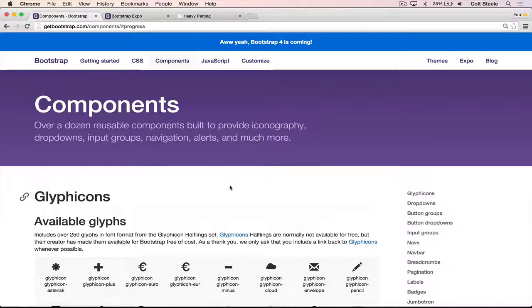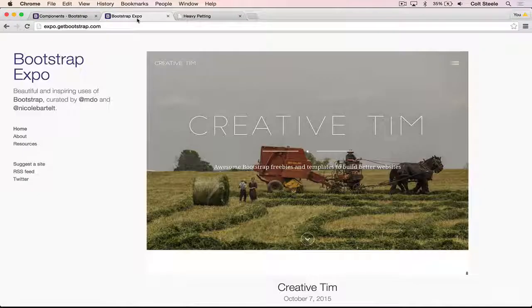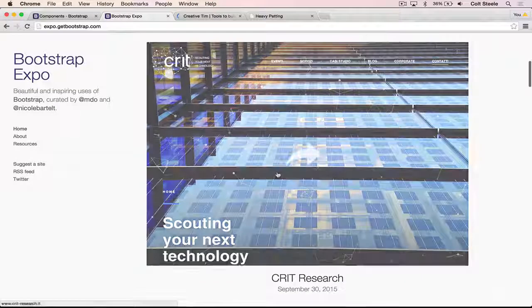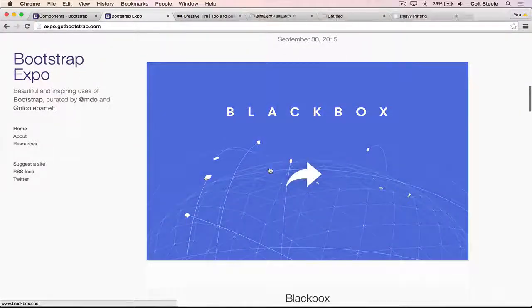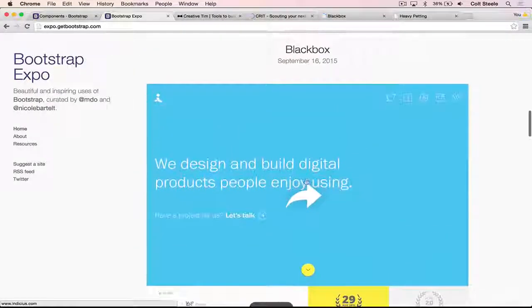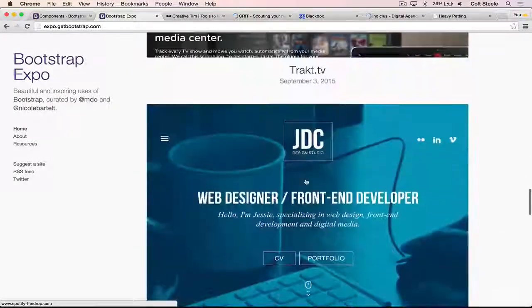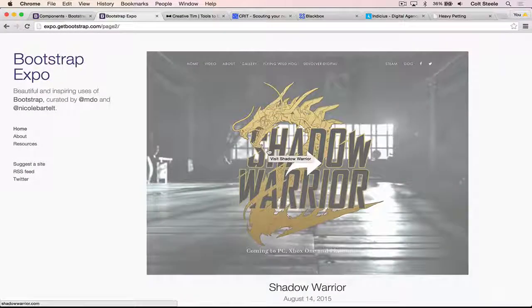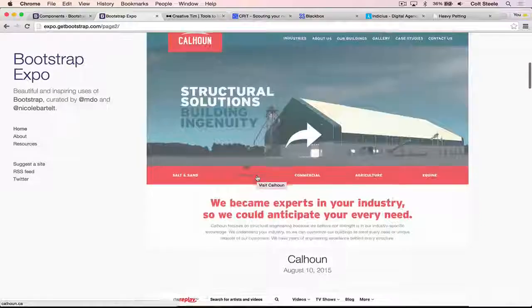The next thing I want to do is show you some of the sites that are built with Bootstrap. And Bootstrap actually has an official website where they showcase some of those sites. If you click on Expo, I have it open already, you can see that they showcase beautiful and inspiring uses of Bootstrap. So we can open some of these, just open them in new tabs. And these are just the most recent ones. There's hundreds on this site. As you can see, tons and tons of them, and we can keep scrolling and scrolling, and then we can go to view older. And there are so many different sites that are using it,